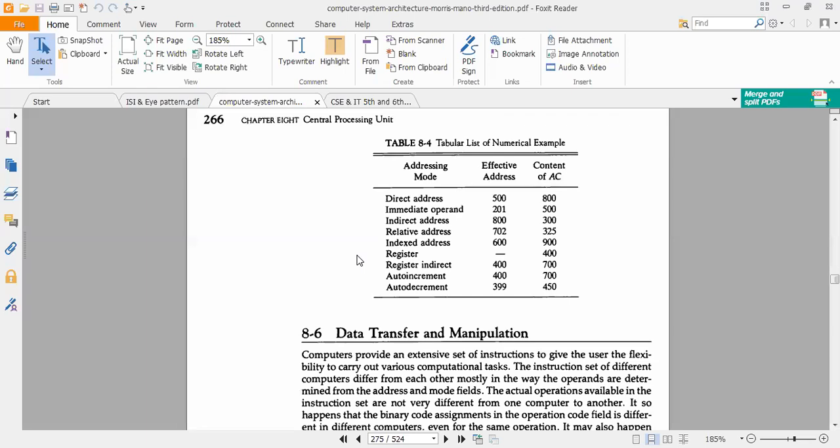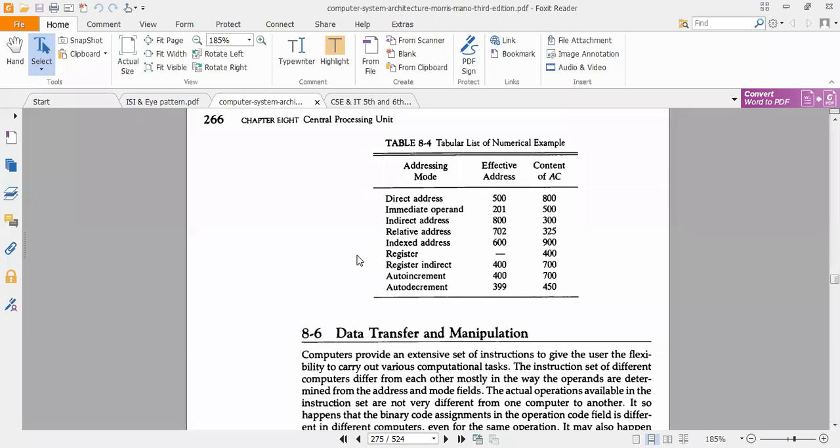That's why different computers have different sorts of instruction sets. That means if the architecture changes, the type and class of instruction set may be different.